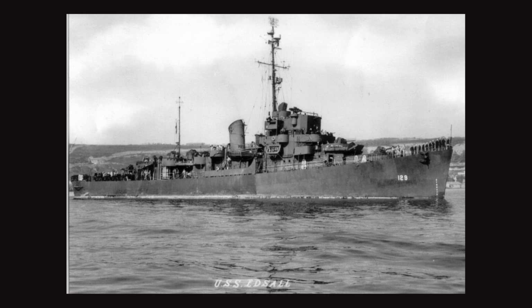85 Edsels were built during World War II. 37 of the Edsel-class ships have the distinction of being the only DE class manned by U.S. Coast Guard personnel during the war. Many of the Edsel-class ships were converted after World War II into long-range radar picket ships. These ships are known as DERs and were some of the last DEs to be taken out of service in